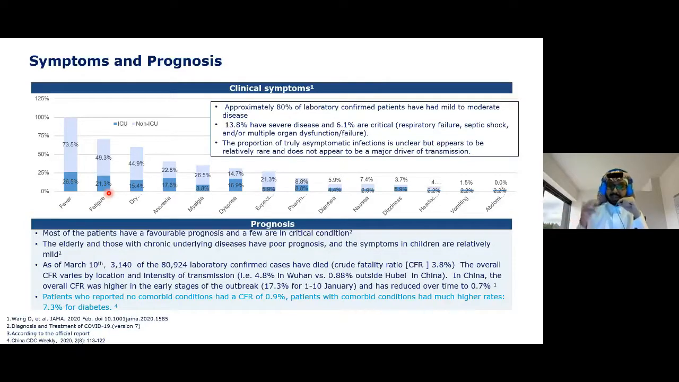For example, thank God, in Saudi Arabia the fatality rate is low compared with other countries. In China, overall, the fatality rate was higher. In the early stage of the outbreak, it reached 16%, 17%. However, it reduced over time to 0.7. People reporting no comorbid conditions have a very low fatality rate, 0.9, but those having comorbid conditions like diabetes, which we talk about today, it increases up to